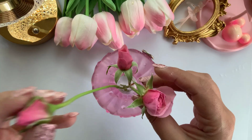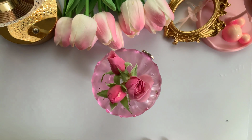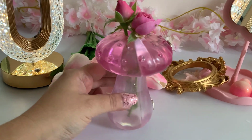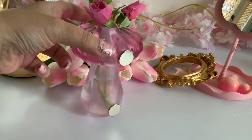I like the vase with these rosebuds I picked fresh from my garden. Even though it weighs around 300 grams with the water, the magnets are strong enough to keep it securely on the fridge, and I've been using it